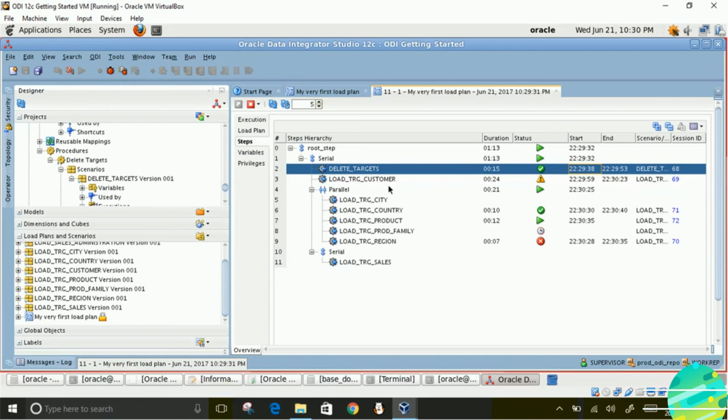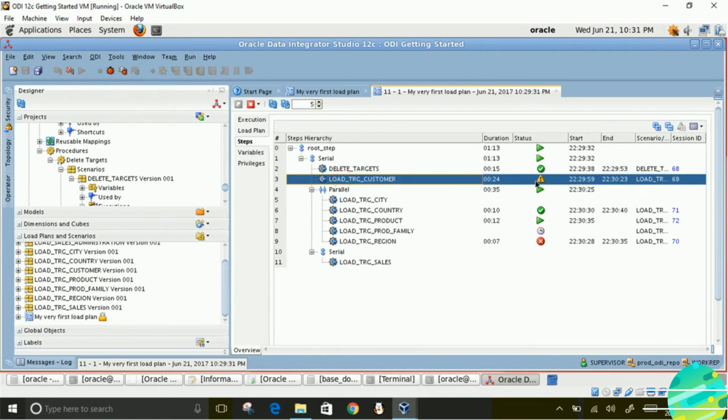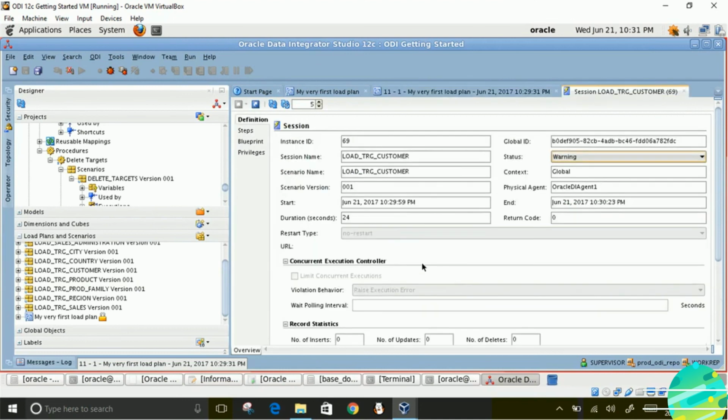Each of these steps contains several tasks. For example, the second one went in warning. To understand what is that warning, click on session ID. Double click on the session ID and it will open the details screen.